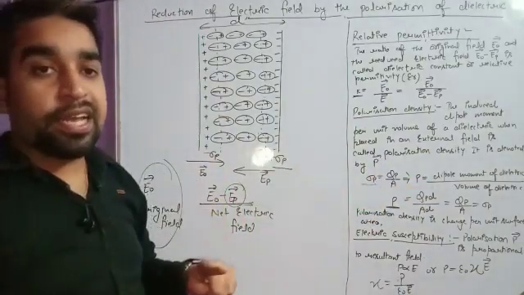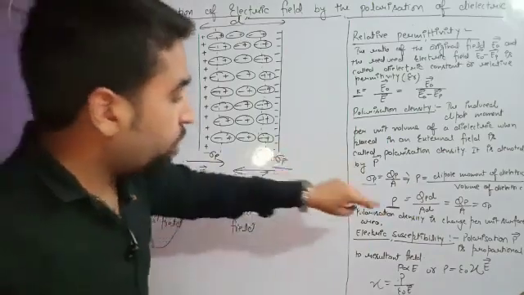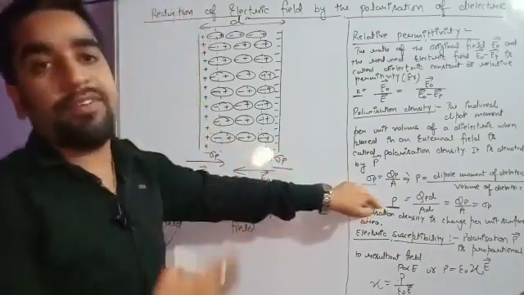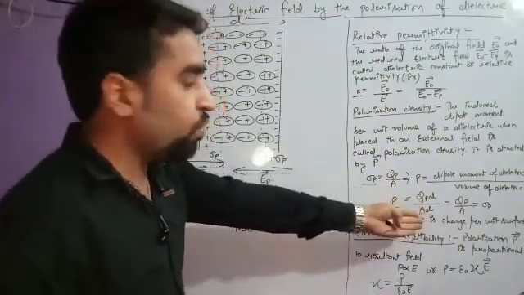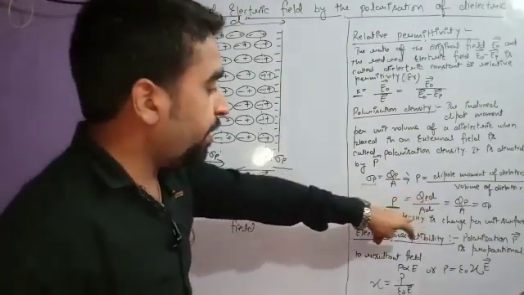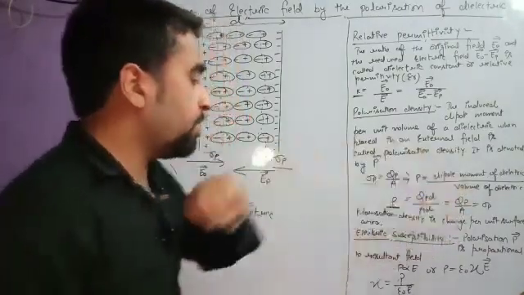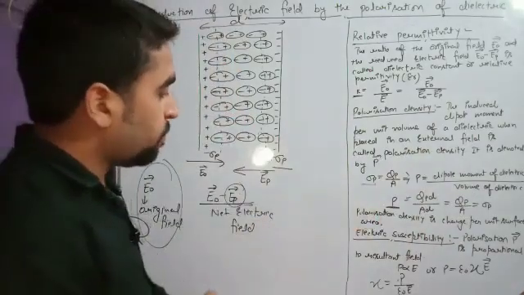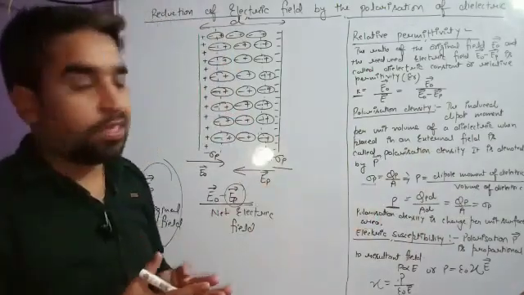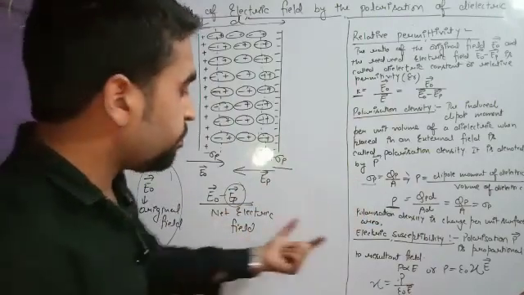So numerically, the value of polarization density is equal to charge density. Even in the next relation I will replace it by the same value, so don't be confused at that time. Polarization density is numerically equal to charge density. How? The answer is given to you: Qp d upon A d, d and d get cancelled out, Qp upon A, and Qp upon A is charge density. So polarization density is charge per unit surface area as well. In short, polarization density is charge density.